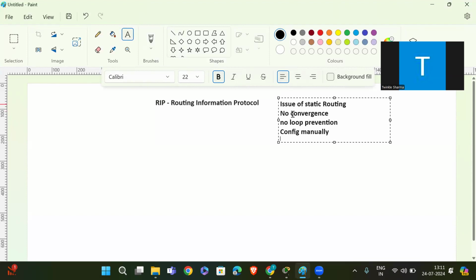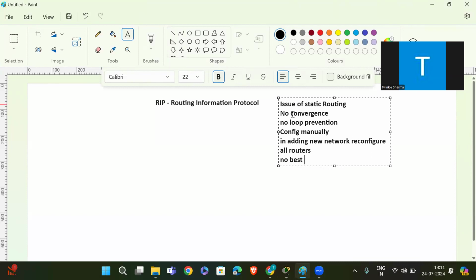Then, in adding a new network, we have to reconfigure all routers. Then no best path selection mechanism.